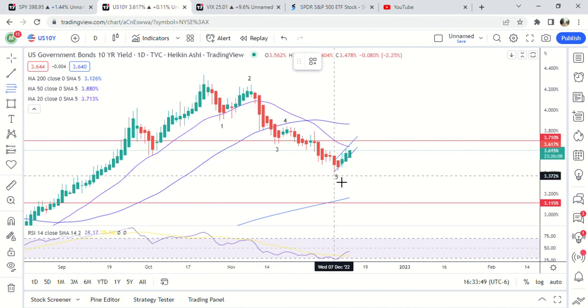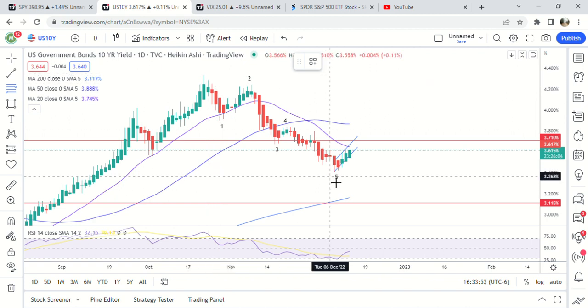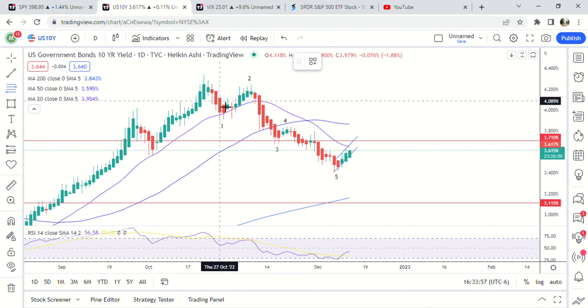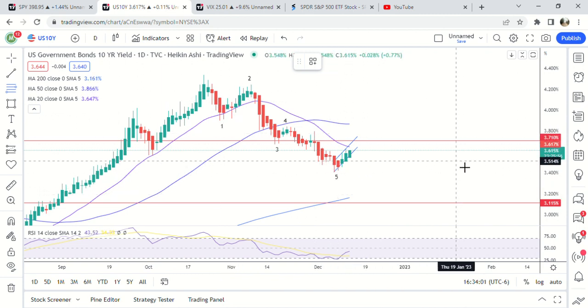If it's A, we still have B and then a C wave down. If it's 1, then we're looking for 2, and then we're going to get 3, 4, 5. So based on that being impulsive, we know there's going to be another move down. So that's why I don't think we're ready for the correction yet, that everyone is wanting down to the low